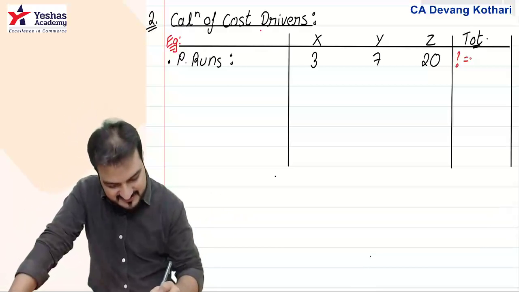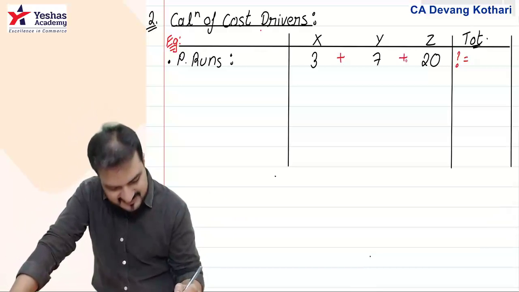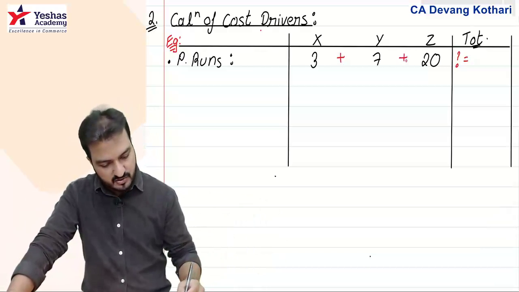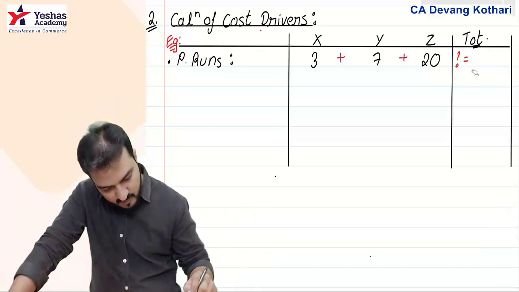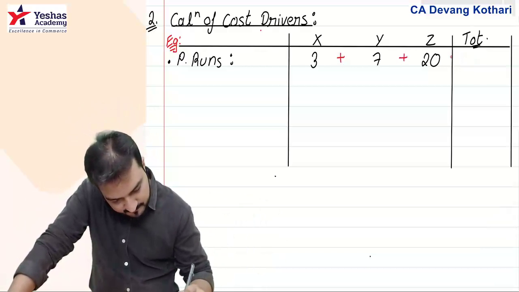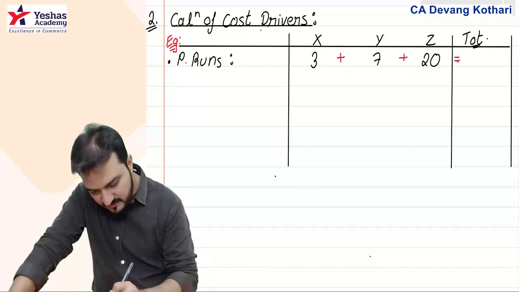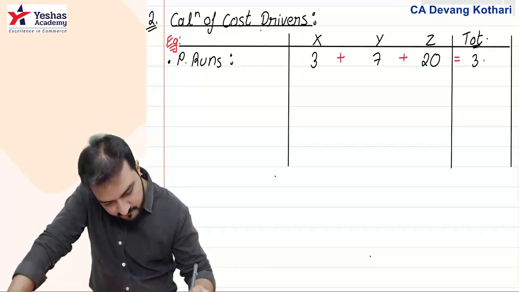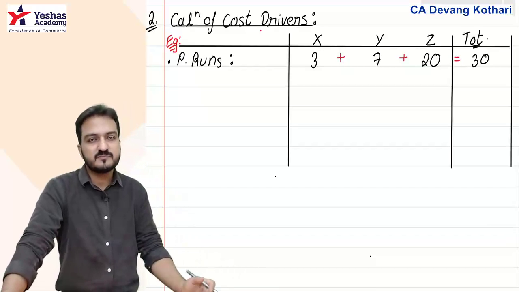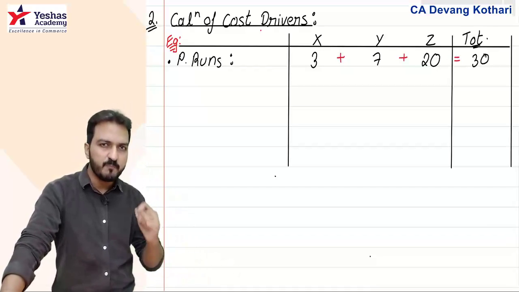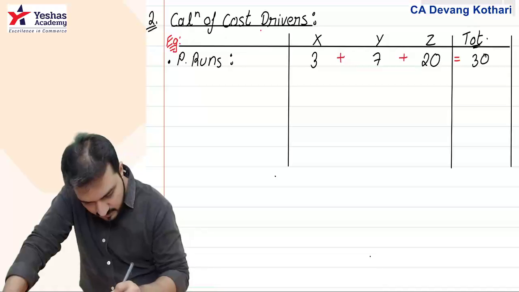If that total is missing, then product wise cost drivers you add and the summation becomes the total. You add the product wise cost drivers and the summation 30 is what you put over here. Simple. Yes, but observe,